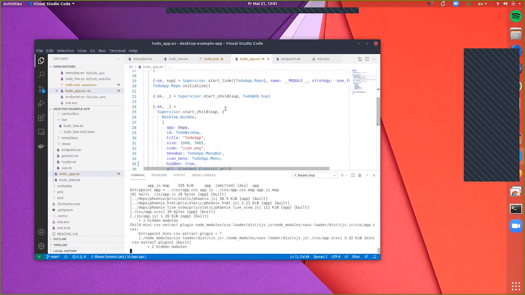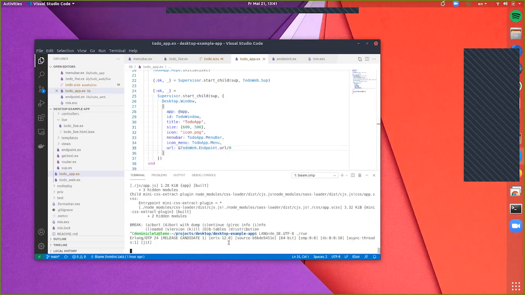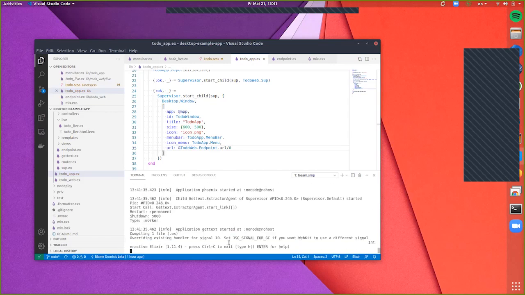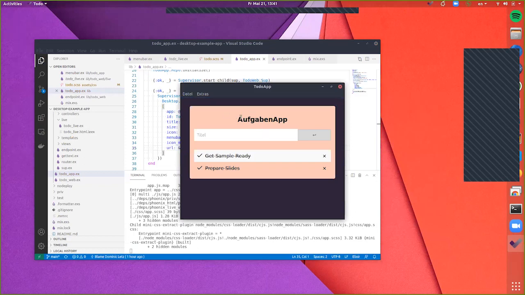You see, I'm still hiding the main window here. So let's not do that. Let's actually have it just because it's nicer when we see it directly. Start it up again. And here's our main window. Now it's not the to-do app, but it's the Aufgaben app. And we have everything longer in German, because in German, everything is longer than in English. But we get the translations done here. Of course, these are content items here, my to-do items, so I can translate to more languages.